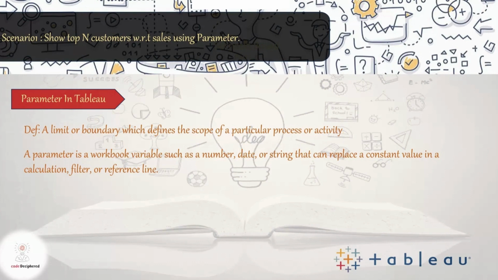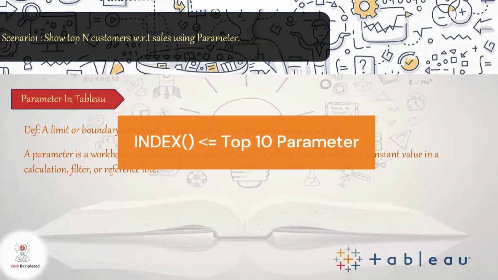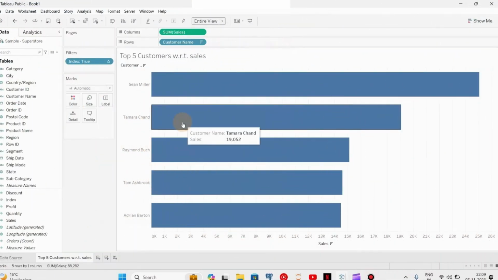So instead of giving numeric 5, what we can do is create a parameter. We will select the range from, let's say, 1 to 10 with a step size of 1. So the value will increase like 1, 2, 3, 4, 5, 6 and so on till 10. We will replace this 5 value by the parameter that we have just created to filter out top 10 customers. Okay, so now that we have understood what we mean by parameter, let's try to create a new parameter